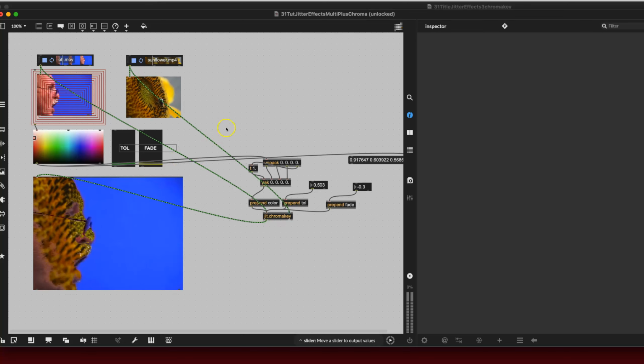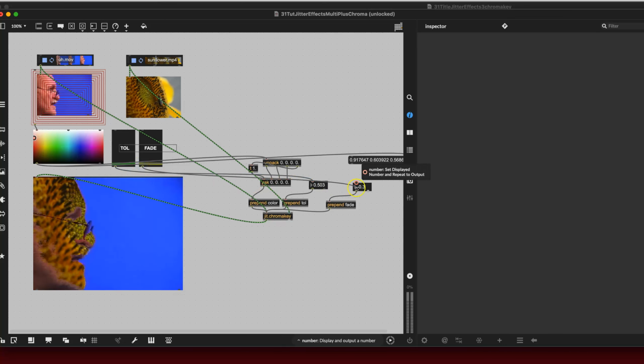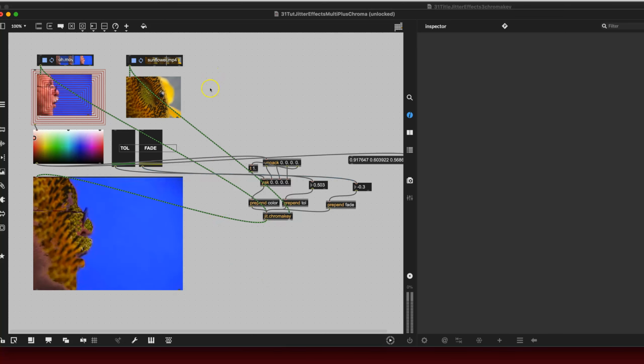I know there was something else I want to put in there, but we can just make this work in the meantime. So we put this going all the way over to the tolerance one. We take this one going over to here. And we can actually just take this